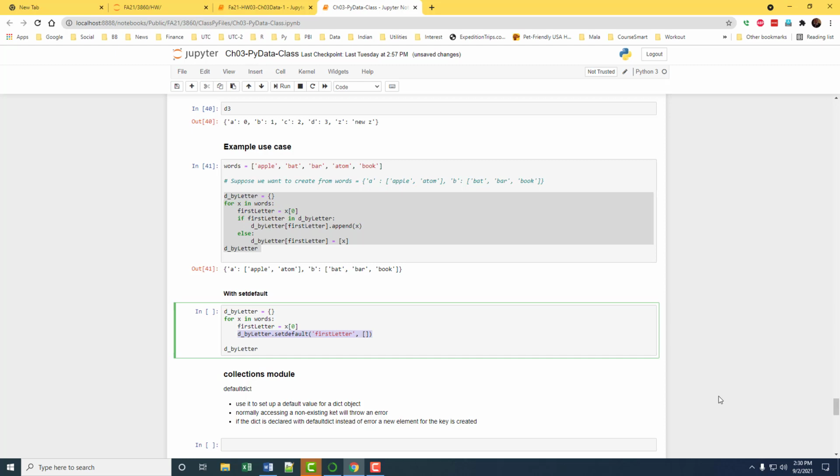If the key is not there, then it will insert the key with an empty list and give you the empty list back. Then we have to add using the append method. Append X. So all of that, if else, those 4 lines of code, now you have only 1 line of code.